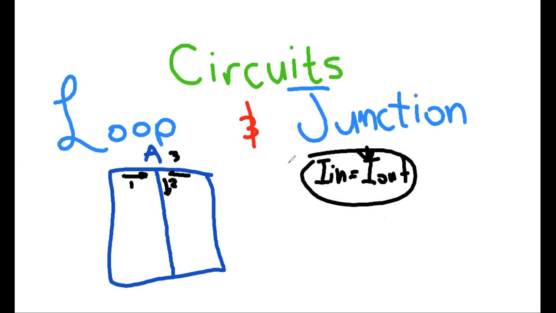So loop 1, 3 is I1 R1 minus E minus I3 R3. Now it's just one of those things you sort of need to circle and save. And now we can move on to going back